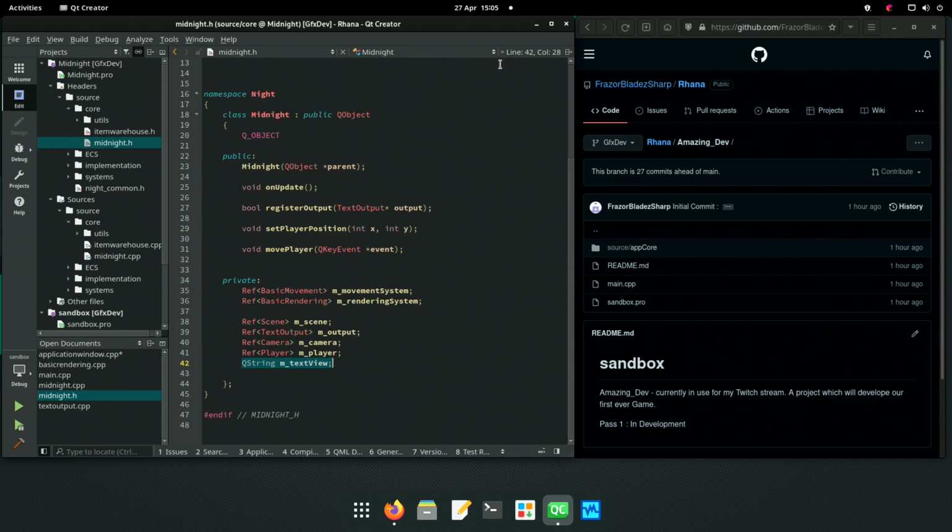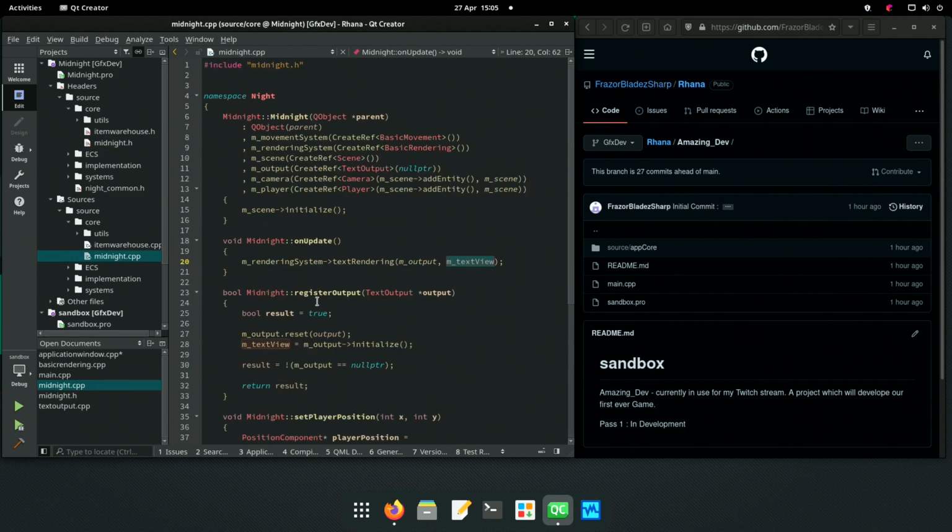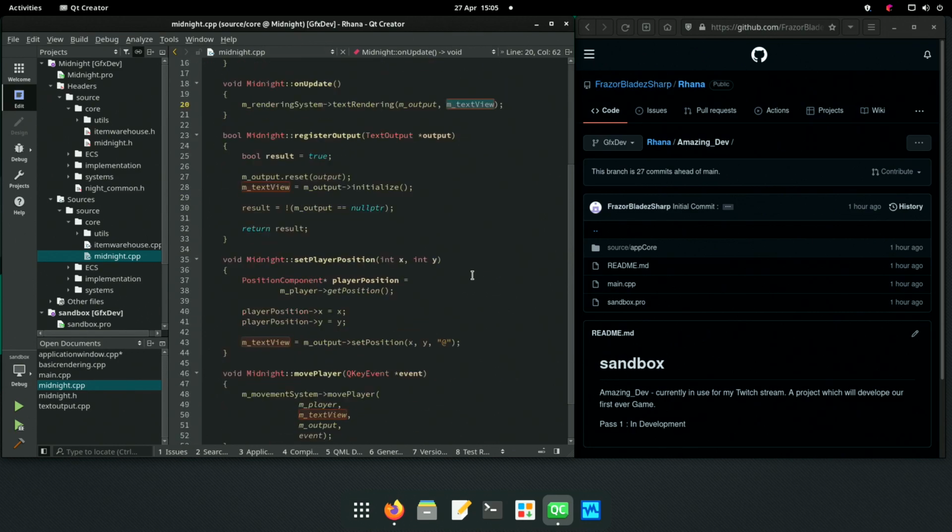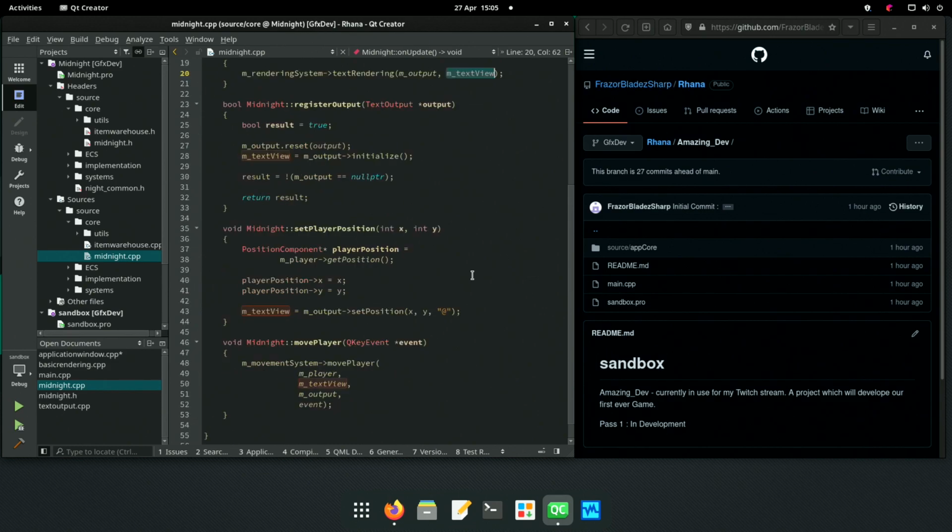God, why didn't we do it in C? It would have been so much easier in C, because it would have been available to us. This is where C++ cocks up. That's been hidden from us. And each time we do the on update, it sends it through to be printed out to the screen. We could alter it through player position.